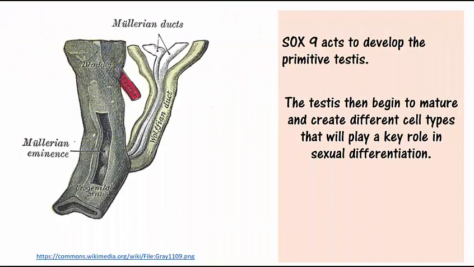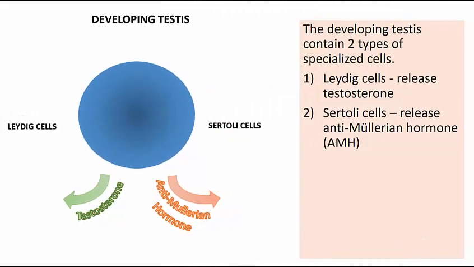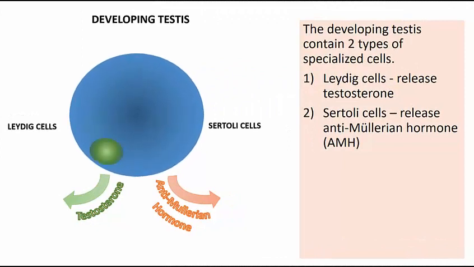The SOX9 in particular is important because it acts to develop the primitive testes. The testes then begin to mature and create different types of cells within it that will play a key role in further sexual differentiation. The developing testes contain two types of specialized cells: the Leydig cells, which release testosterone, and Sertoli cells, which release